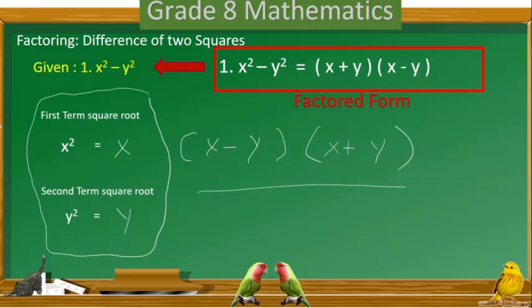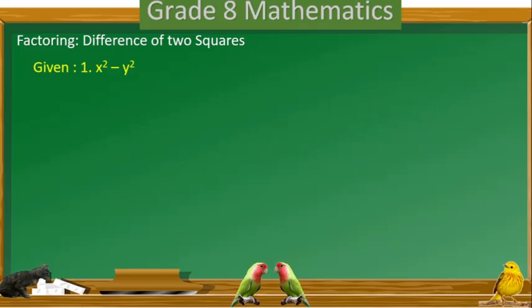So without making this part here, we can solve it directly without showing this part. So to do that, the same procedure, we can solve that by just writing from the given x squared minus y squared by just writing two parentheses. Then find the square root of the first in here. Then copy the sign, the square root of the last term, which is y and y. Here is positive and y. Then that is the answer.